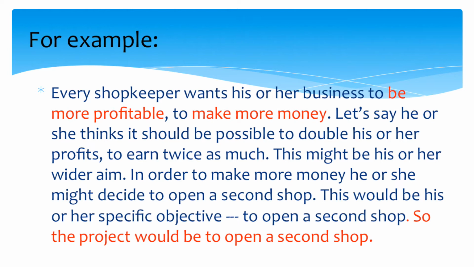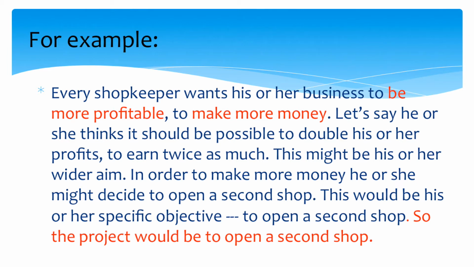我们看个例子。Every shopkeeper wants his or her business to be more profitable. To make more money. Let's say he or she thinks it should be possible to double his or her profits, to earn twice as much. This might be his or her wider aim. 我们这里拿一个商店，不是书店，我们例子是书店，case study 是书店。这里我们说的是一个商店的店主，都想让利益最大化，挣更多的钱，他希望他的收入翻倍。那么这个是他更广的总体而言的目标，就是我要让我的利润翻倍。